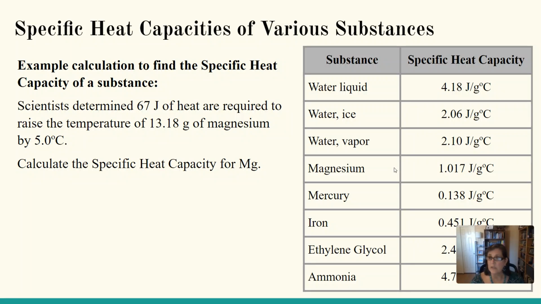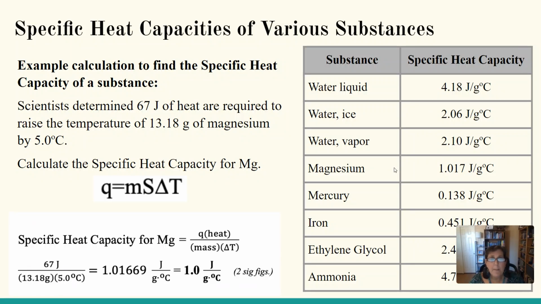Now, the equation we're using is actually Q equals m s delta T. Let's look at that. Q is the symbol for heat. M stands for mass in grams. Capital S is the specific heat capacity. And delta T, that triangle is delta, and it's the change in temperature in degrees Celsius. One more time. Q is heat in joules or kilojoules. M is mass in grams. Capital S is specific heat capacity. Delta T is the change in temperature in degrees Celsius.